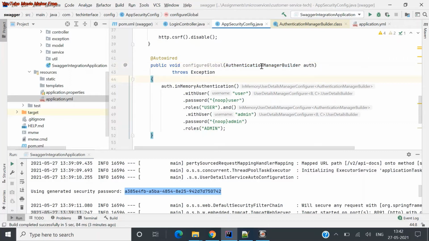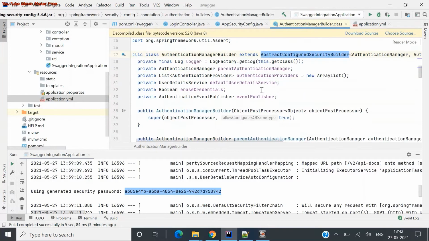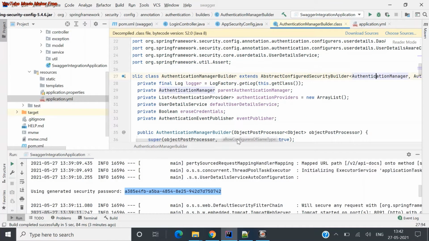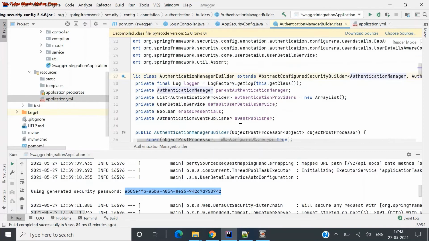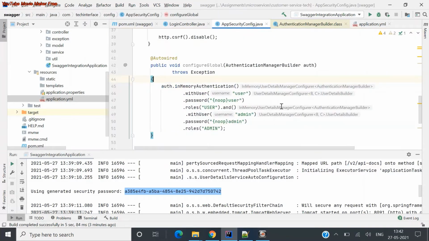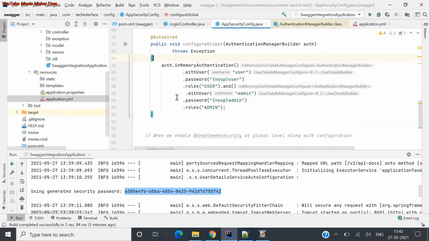You can look into it and go over the details of what it takes, how it binds to your manager and how it works with manager builders. It has a lot of data, so due to time constraints I'll not go into much detail. I'm using in-memory authentication because I'm not using any database or other things where you can configure your username and password, or encode and decrypt them. So I'm not going into those fancy details. Let us try to understand with the basic in-memory.